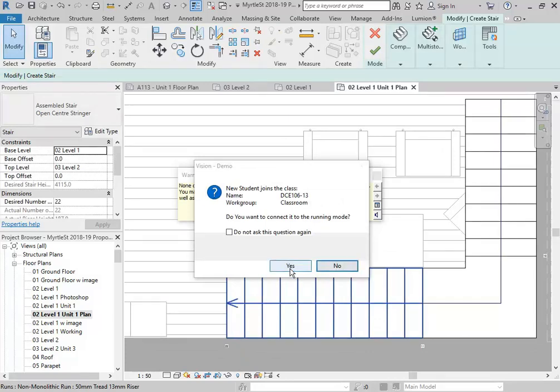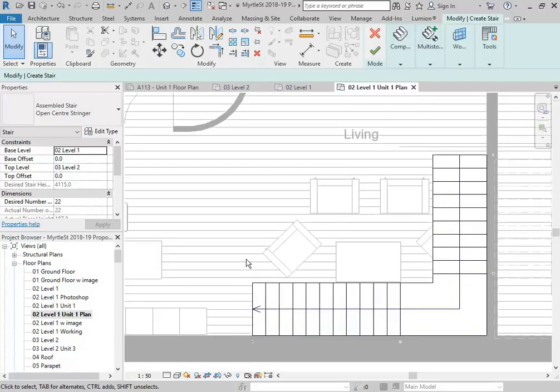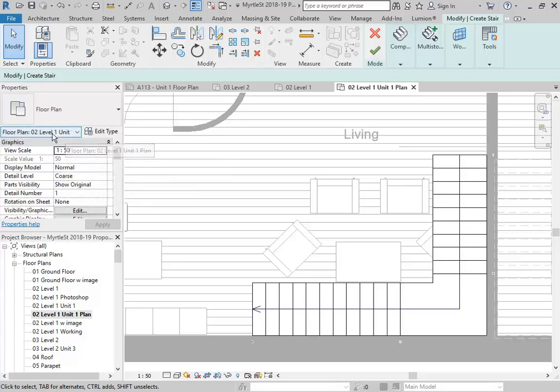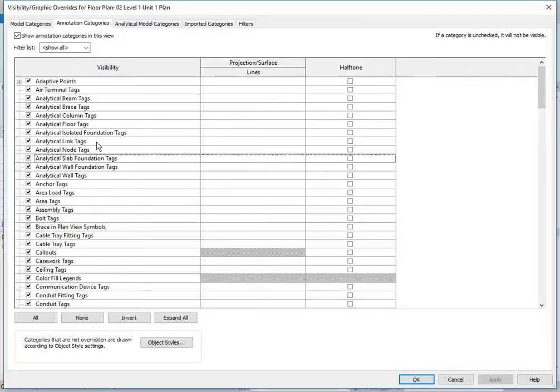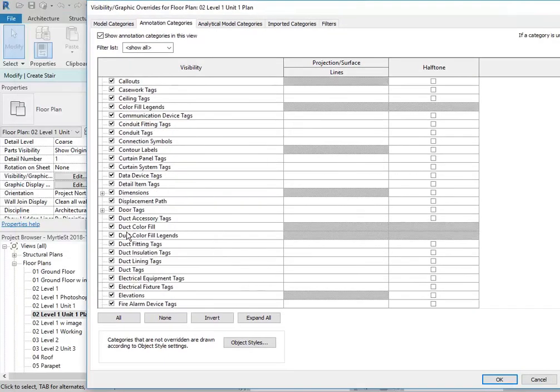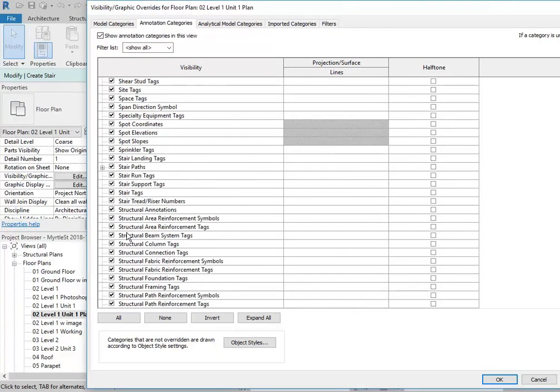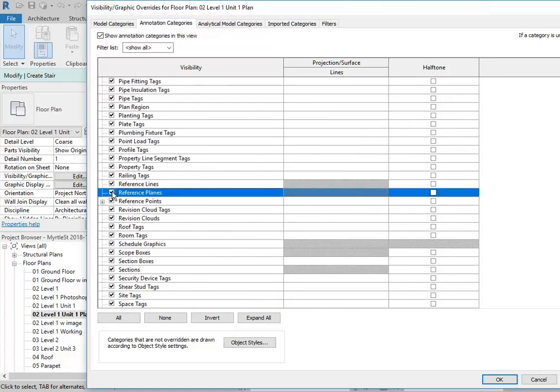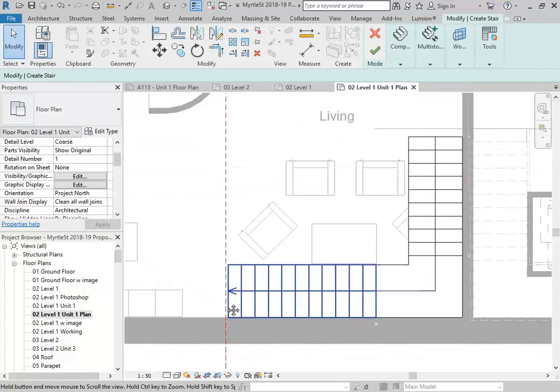But you can see that my reference plane isn't coming up because it's hidden in this view. So another good chance to show you a good little trick there. If you want to change view properties while you're working midstream on an object, in here I'm working on my stairs, but I can easily change to work on or to adjust the view properties just by changing the option there in properties. And now I can go down and get to my visibility settings, and then on annotation categories, move that over so you can see that reference planes are turned off, so I'll turn them on there,